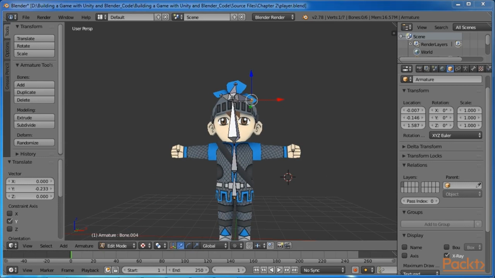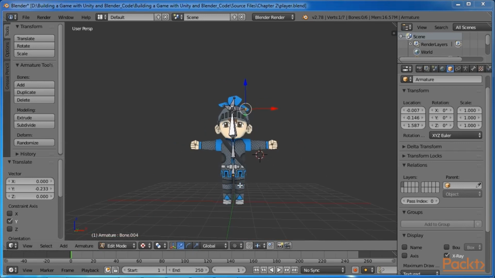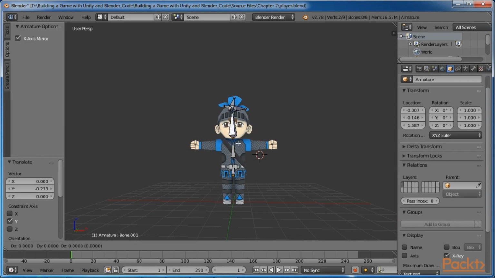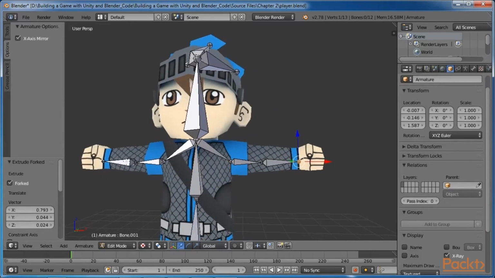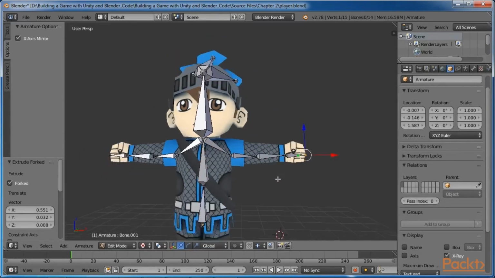This time, however, instead of successful binding of the armature to the mesh, you will get an error. This happens because the character mesh is simply too complicated for Blender to automatically assign weights to the skin. Therefore, we can't use this method this time, and we will require some manual labor to make it work. To do this, we need to first of all understand how